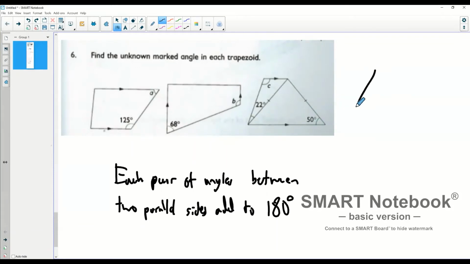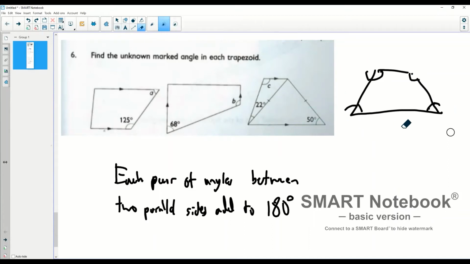So back to this. A trapezoid, for example, here. If these two are the parallel sides, this angle and this angle do not add to 180. As you can tell, they obviously don't. They would look something like that. So obviously not 180. However, these two angles add up to 180. And these two angles add up to 180. So it's basically angles